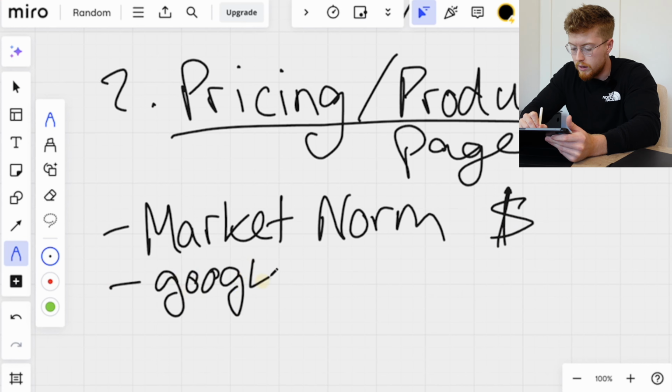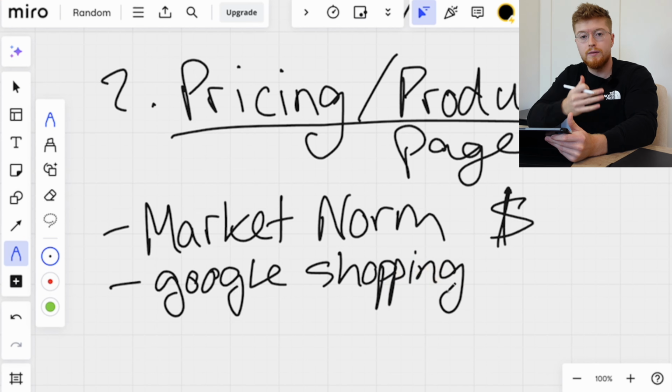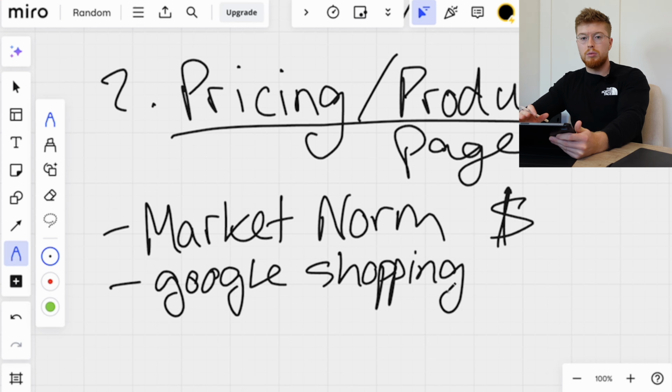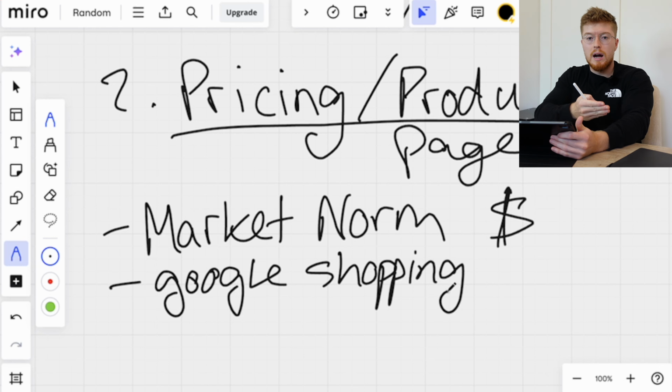All right, so I'll put this down here, Google Shopping. And what Google Shopping is going to allow you to do is look at different brands that are selling notebooks. Now, I don't want you to go out and start basing your price point on Amazon, Walmart, Target, any big box stores. I want you to look at notebook brands that are selling this similar style of product. Now, it doesn't have to be the exact same. It just has to be similar to the variant that you're going to be selling, because you want to look at, okay, what are other brands selling this for? Because you're not going to compete on price with Amazon, Walmart, Target, or other big box stores. You want to be competing on price with other